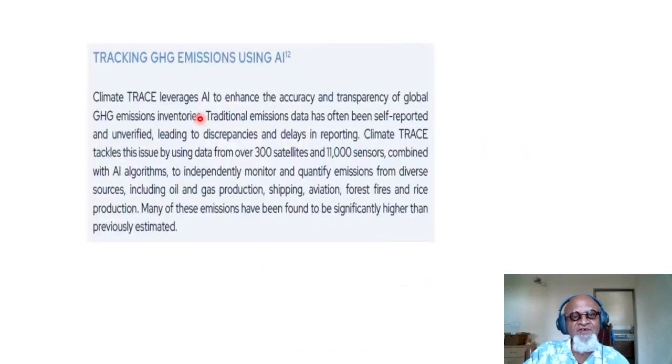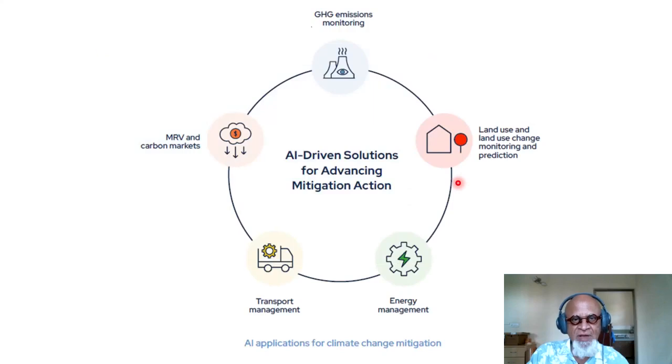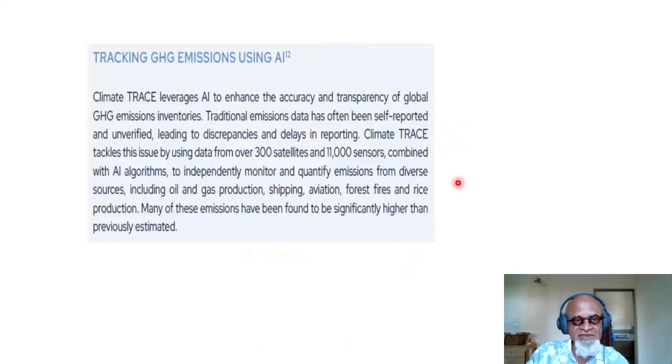So here is a brief example of the case study, as there are not many others. There are words on how each of these things can be served by AI, but they are not case studies. Okay, tracking greenhouse gas emissions using AI, reference 12 you can follow up with.